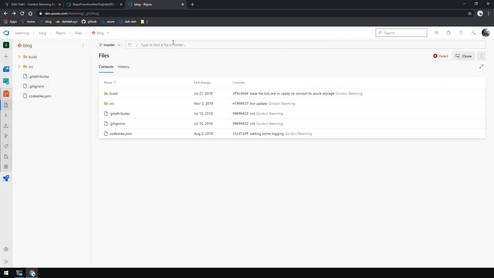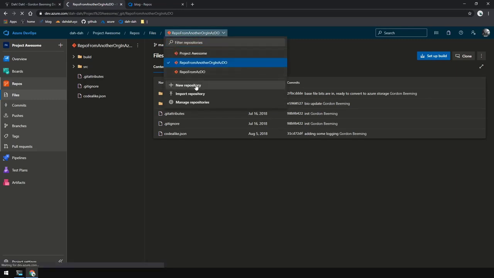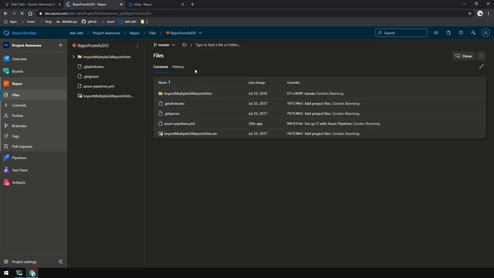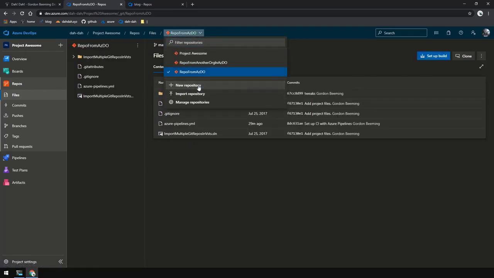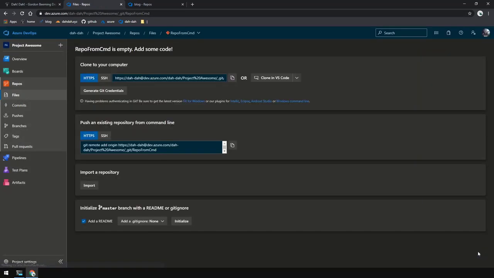And then we'll open up the previous project and create a repo that we are going to put that into. So repo from CMD, click create,